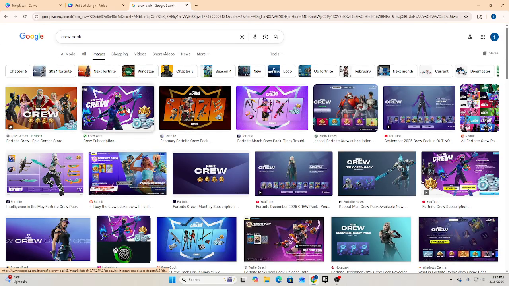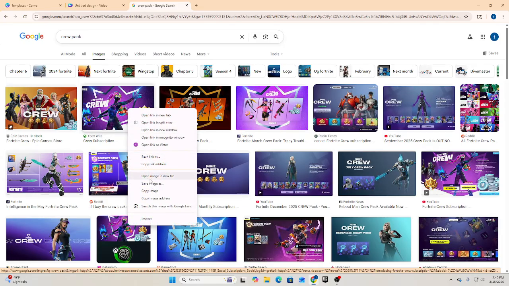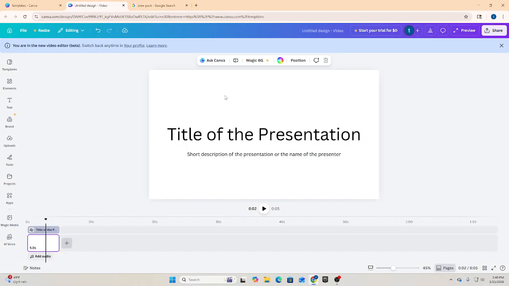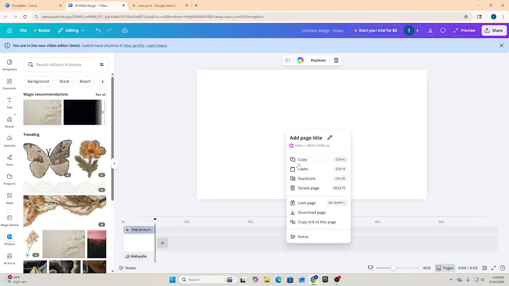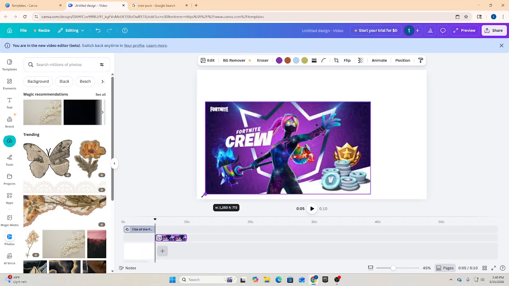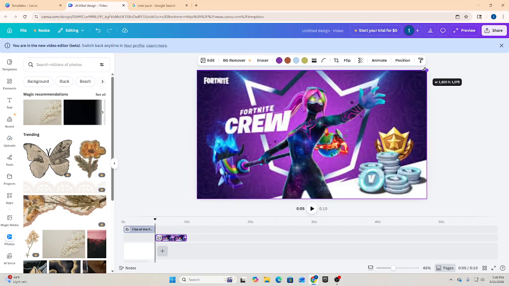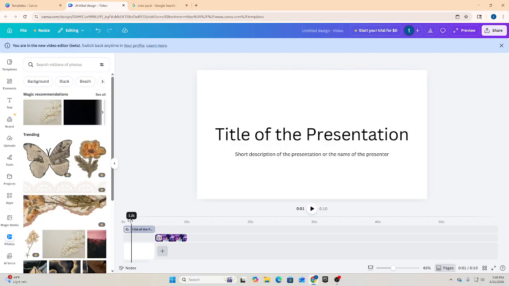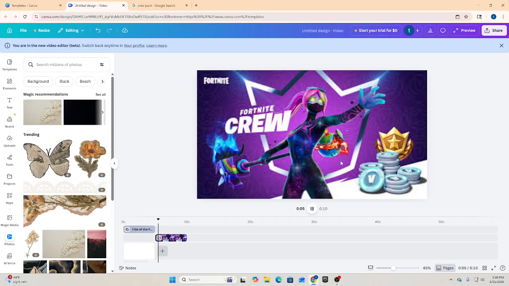Okay, let's do this. Let's say this is the crew skin. Let's say it was not blurry, and you can also make it not blurry. You can just get an application or something. And then you can have this title. Why you should buy Fortnite Crew, blah blah blah, and you don't have to have it like